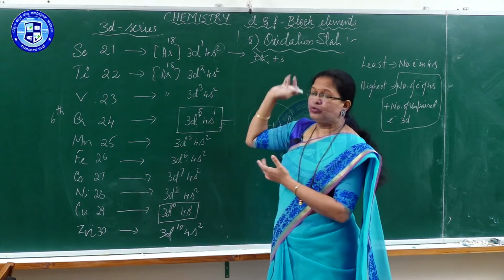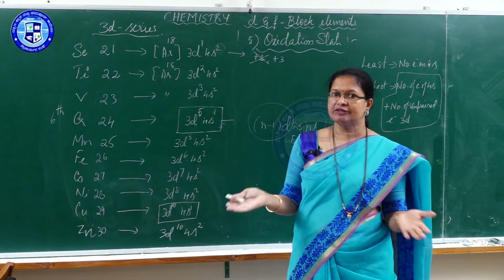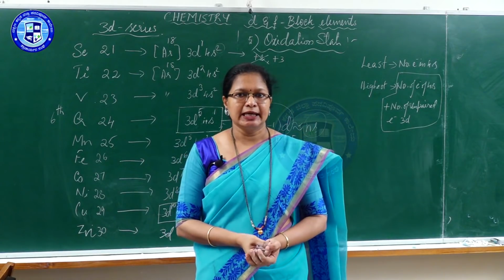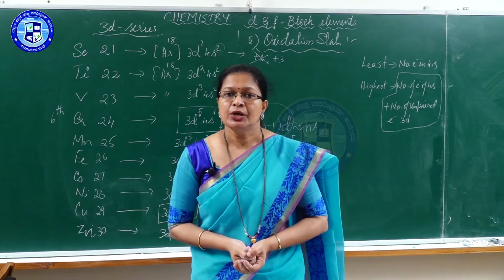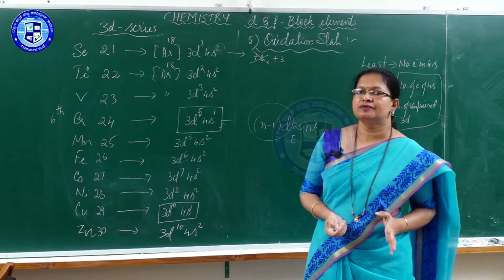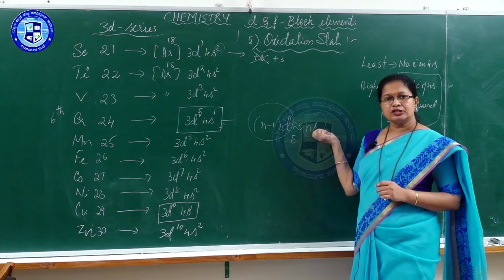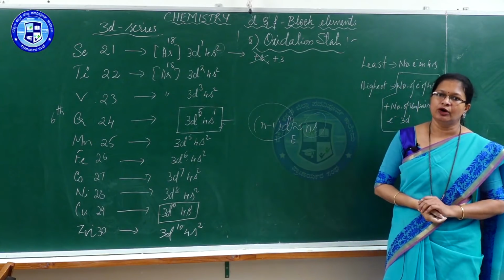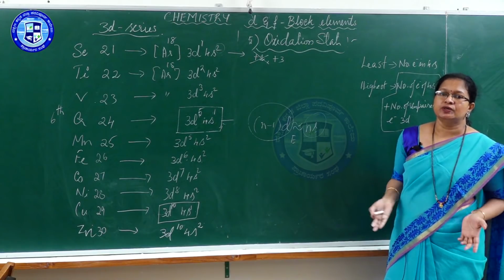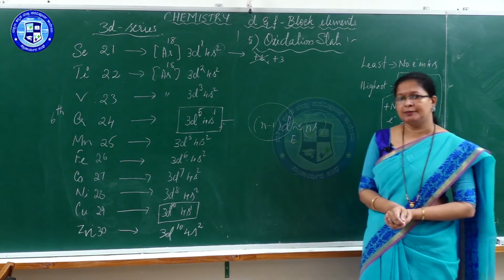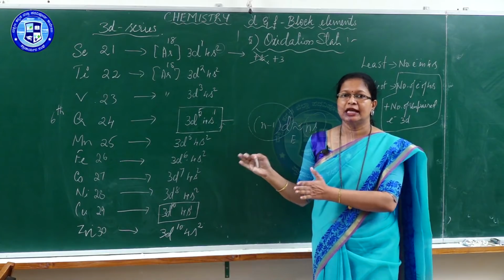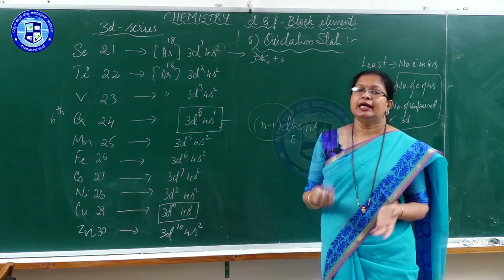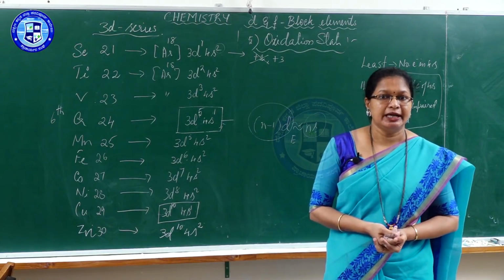Now, for what are these electrons lost? Obviously for the formation of bonds with other elements, that is with the non-metallic element. These metals form bonds with the non-metallic element. During the formation of such bonds, electrons are lost from both the ns orbital and the n-1 d orbital, showing different oxidation states. A different number of electrons can be lost here based on the nature of the element with which it combines. So, what is the reason for variable oxidation state exhibited by d block elements?